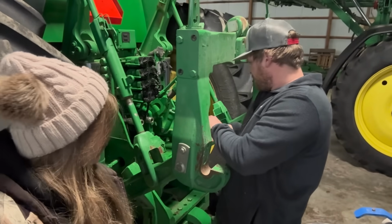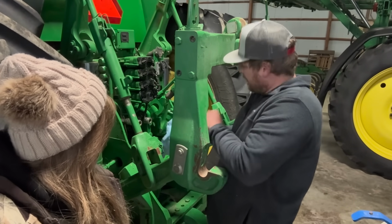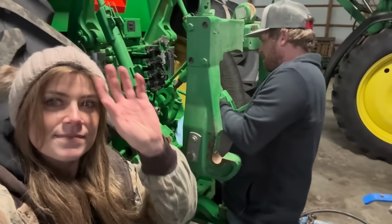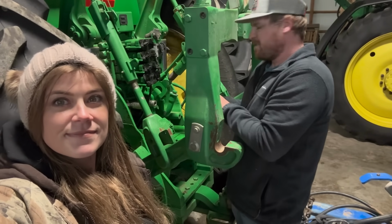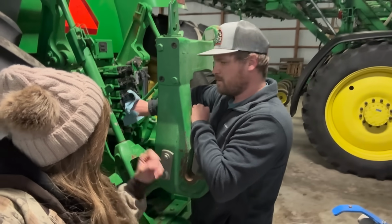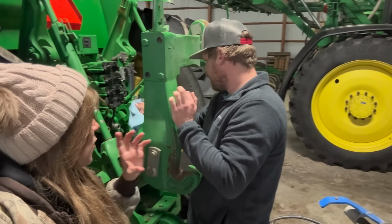This is just one of them things that seems like these leak all the time, so it's hard to want to fix them all the time. But being it's muddy now, like really muddy, way muddier than it even was before, so now we have a little bit of time. I'm kind of just making myself fix it before we start using this stuff a whole bunch. And what did you say? You said either you can change out just the rings or the whole...